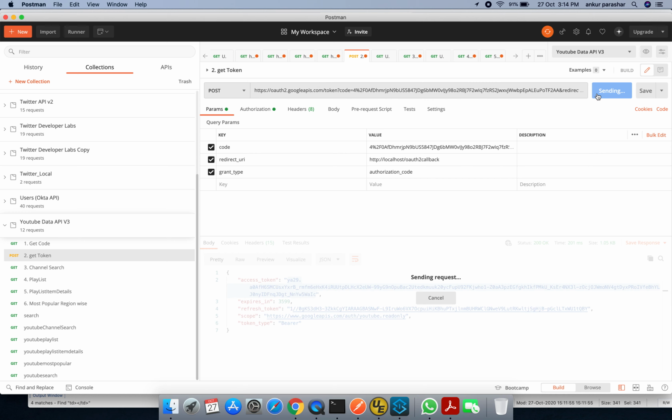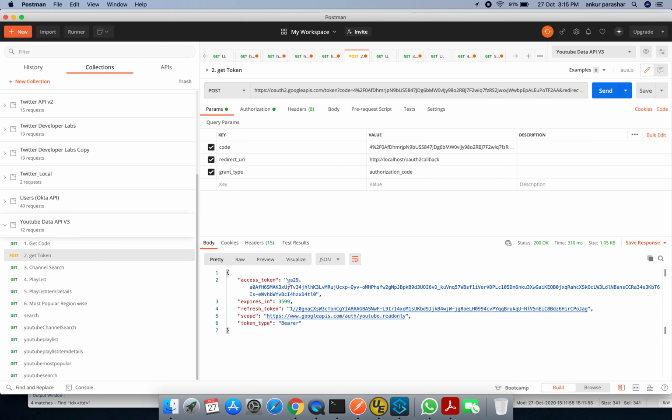And if you click on the send button, you will get the access token. You can also make use of this access token using OAuth2 while dealing with all your interaction with the YouTube Data API v3. In my use case, just to keep things simple, I have used the API key. So instead of the API key, you also have an option to use OAuth2 as one of the authorization methods.